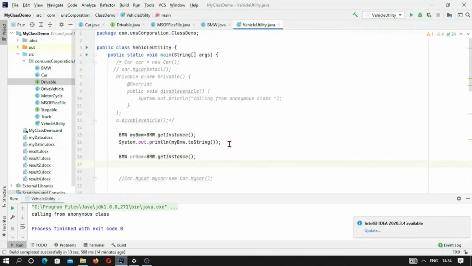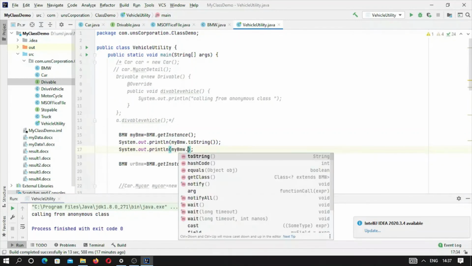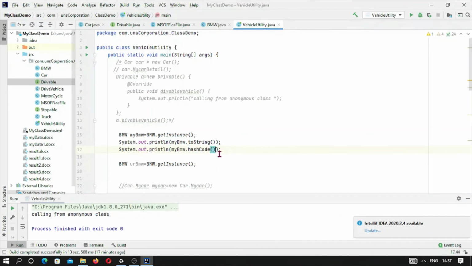Now let me also print out the hash code of this one. By looking at the hash code you can simply confirm that this points to the same object. However many objects you create, they will point to the same object. So here you can see.